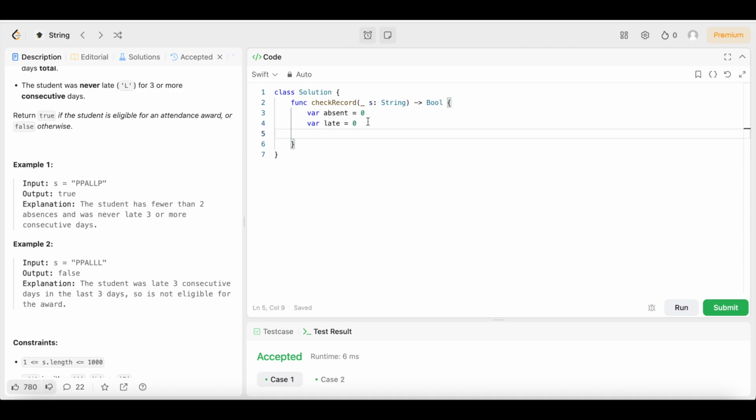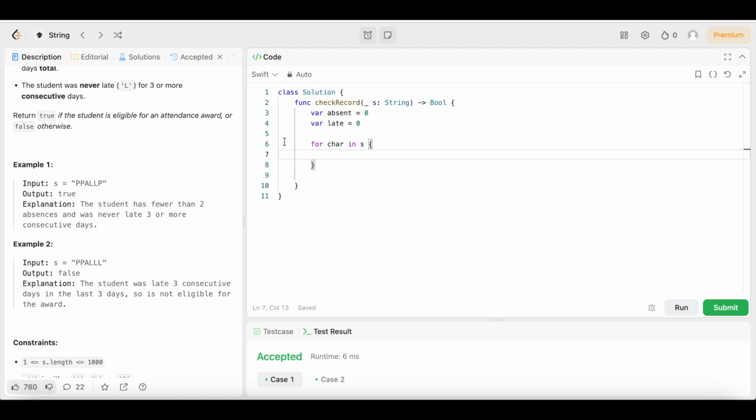And what these two variables are going to do is keep track of the amount of times a student was late and the amount of times a student was absent. So it's going to be our counter. That's going to keep count for us, right? So then we're going to say for char, which is short for character, a single character, char in S. So for each single character in S, which means each letter, right? Boom, each character. What we are going to do is say if char is equal to L,